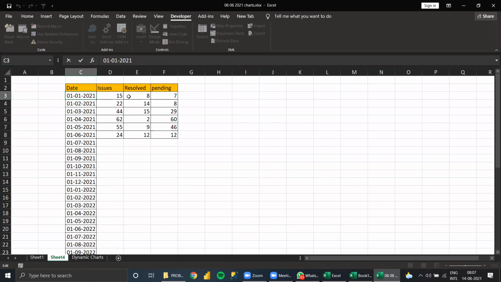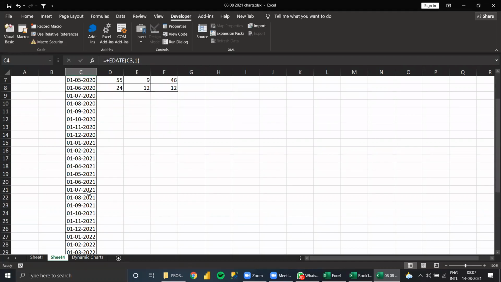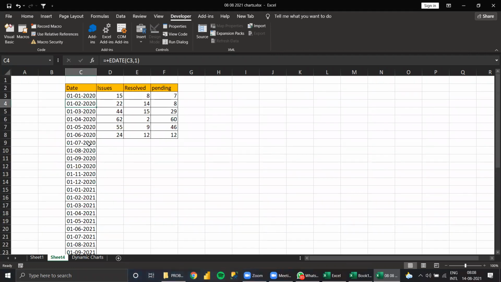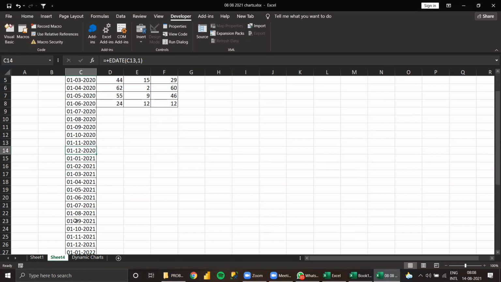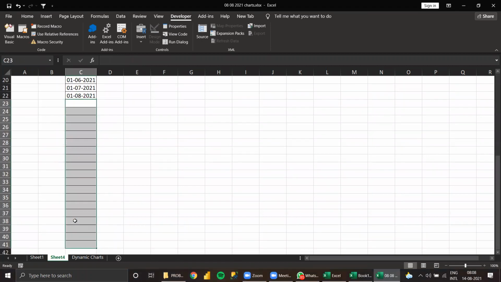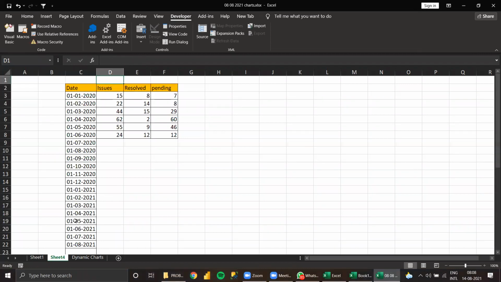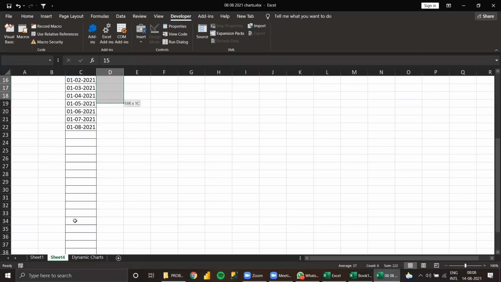I can say 2020 otherwise, so we can get more numbers. So 2020, 12 months, again August. So I can take from January 2022 till now. What is the data? So I have this here.